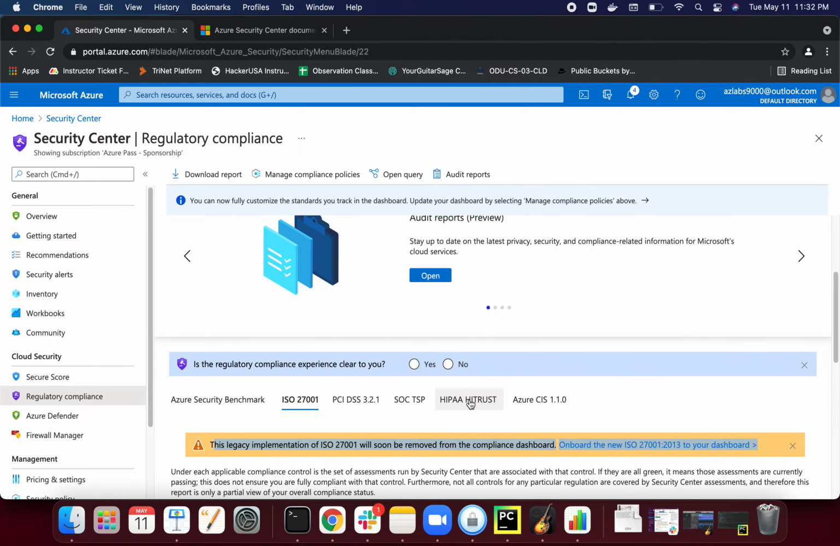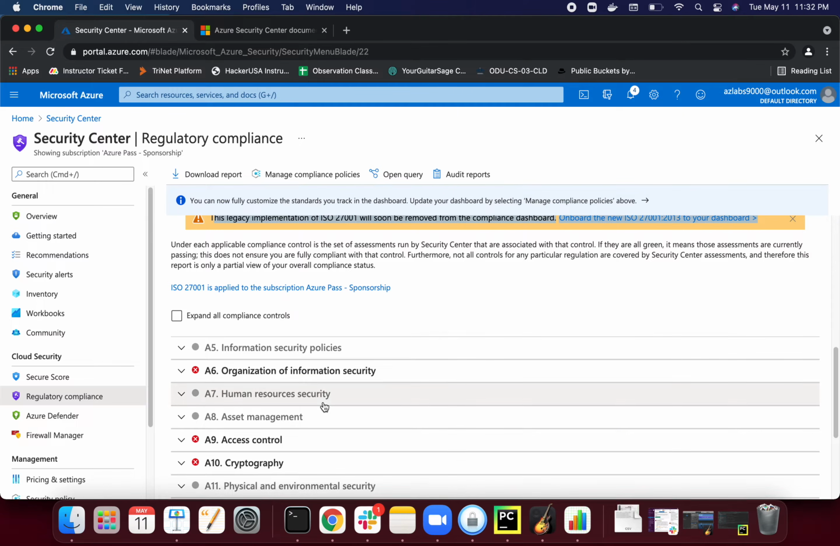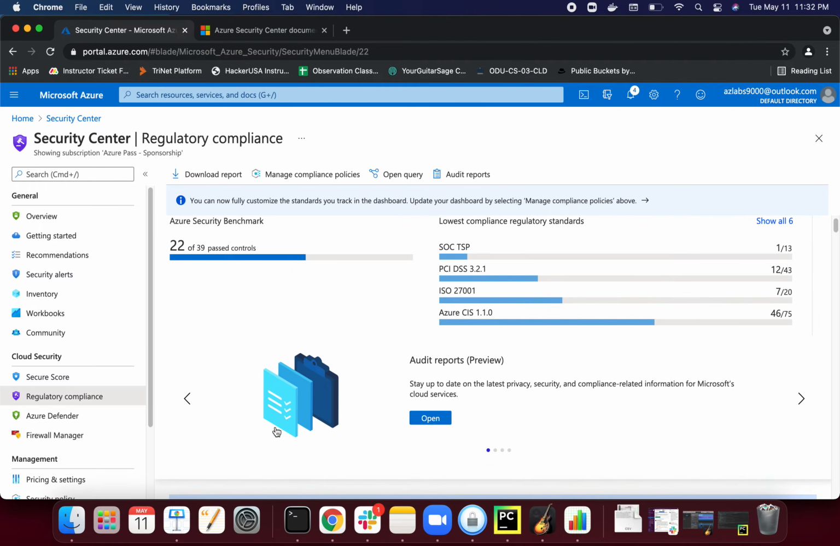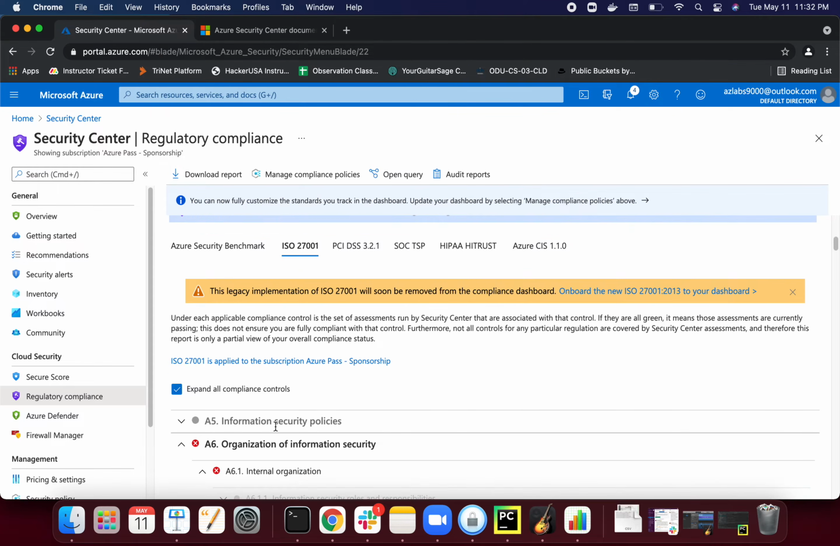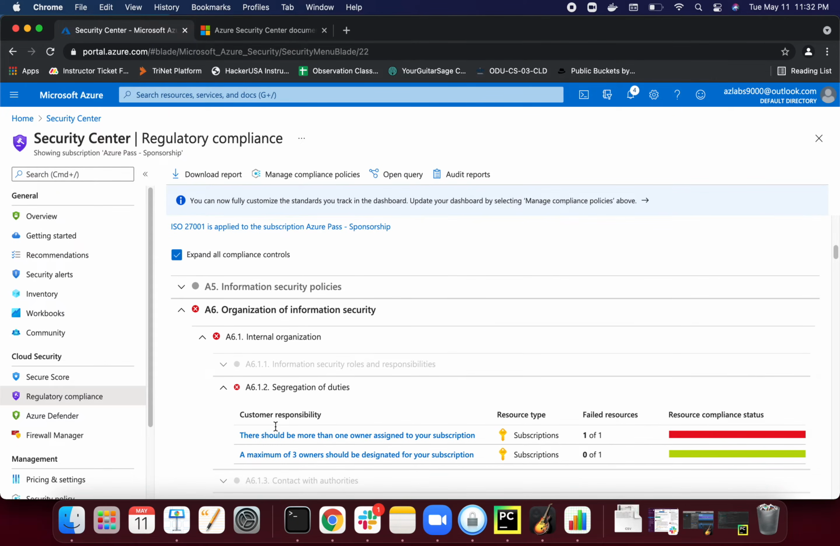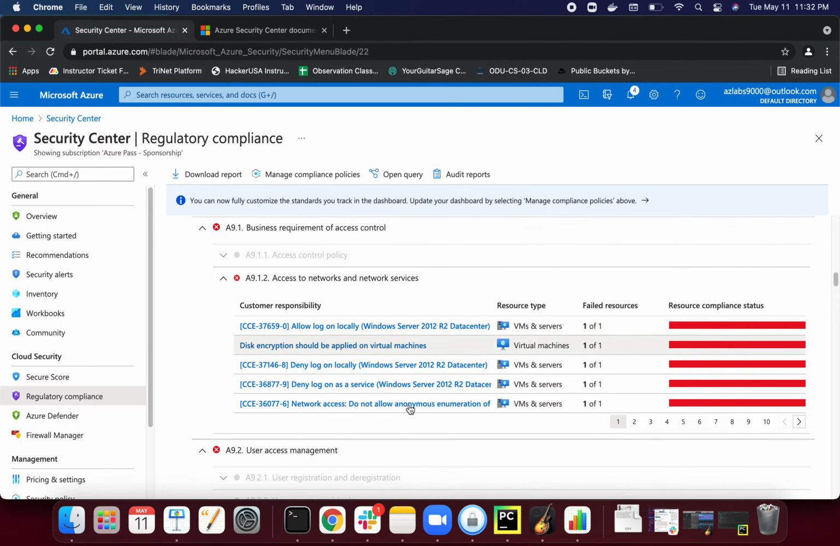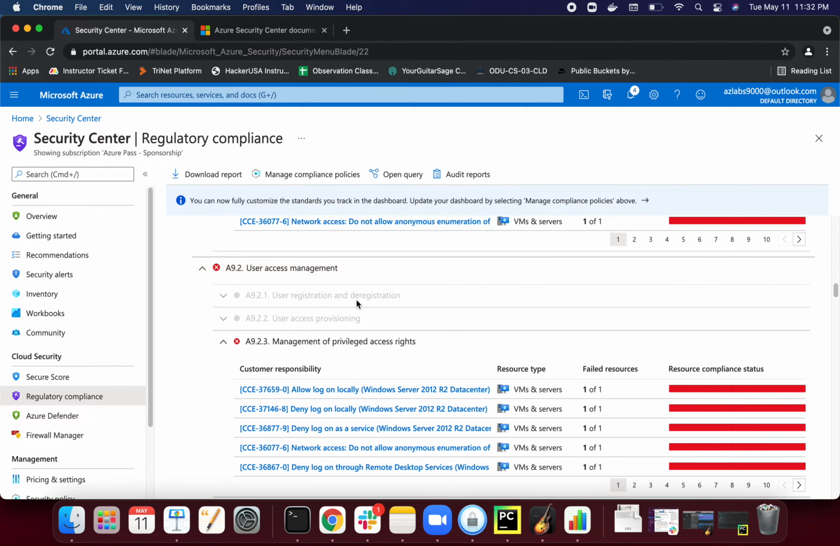Some new controls might be added once you enable this regulatory compliance, but most of them are a remapping of those policies that are already part of the Azure Security Benchmark and Azure CIS into this different regulatory standard. Again, the other thing that you can do from here, you can expand in that view. If you want to see everything, you can click expand, so it will expand all of it for you. You can go through and look at what is failing, what is not failing,